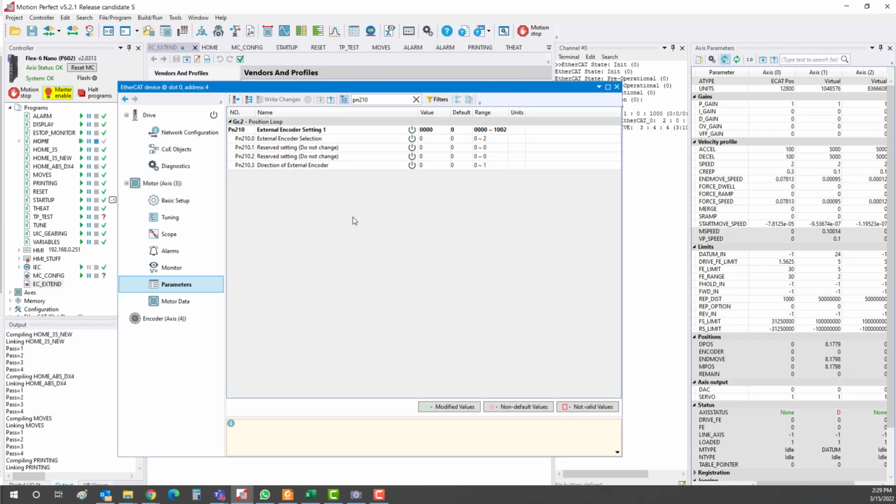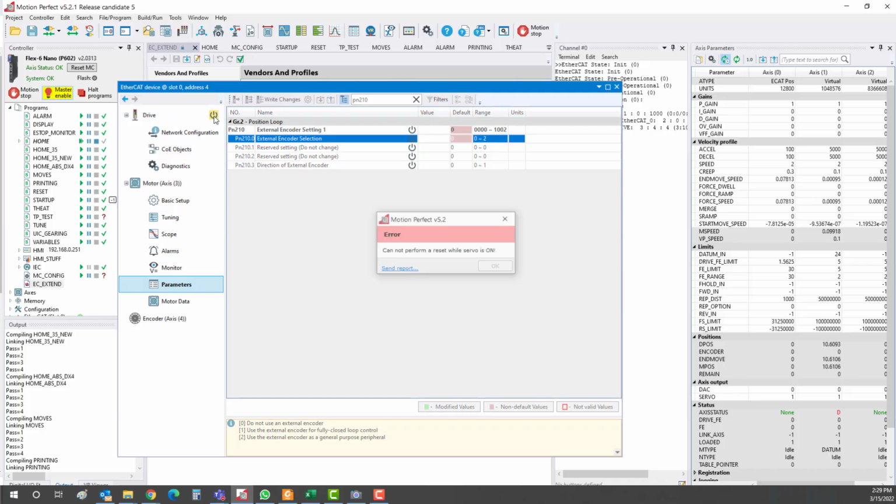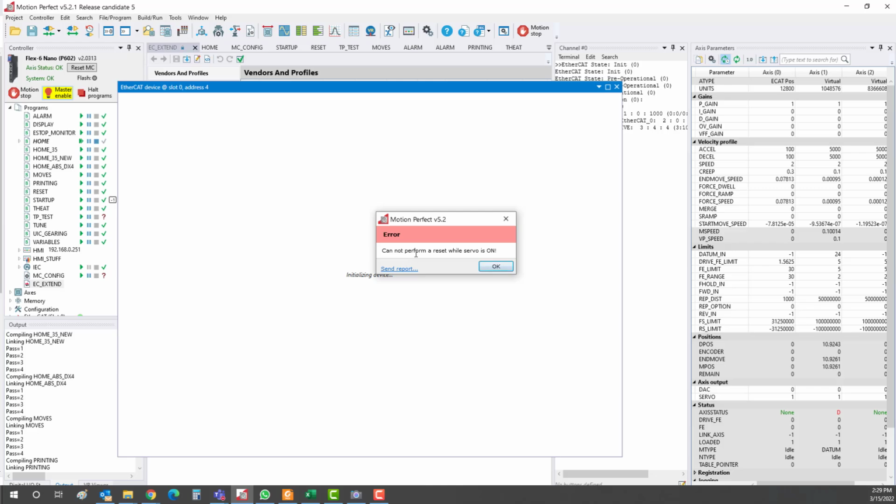This is a part of the drive parameters. And for activating the second encoder, we need to set these parameters as 2. So the bit 0 needs to be number 2. Okay. And after entering, because this is kind of an essential parameter for the drive, we need to cycle power by using this button over here. It can perform a reset once servo is on. Okay, so we need to turn servo off,